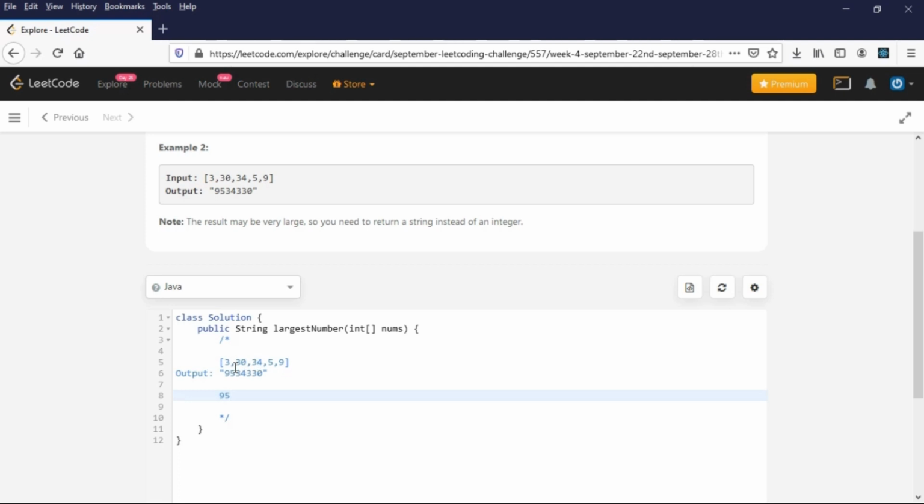But if we take, let's say, 3, the next number can be 30 or 34, and if I take 34, it will become 334. Whereas if I take 34 first and then 3, it will become 343. So if you see the pattern, 343 will be greater than 334. If you take 3 first and then 34, the number formed is 334, and here the number formed is 343 if we take 34 first and then 3. So what we are trying to do is append two numbers and see which is the highest. That is the brute force approach that we are trying to do.